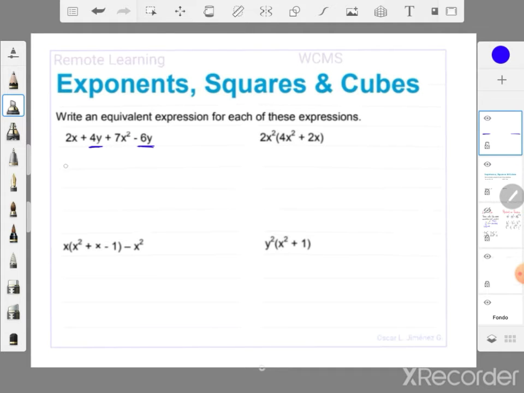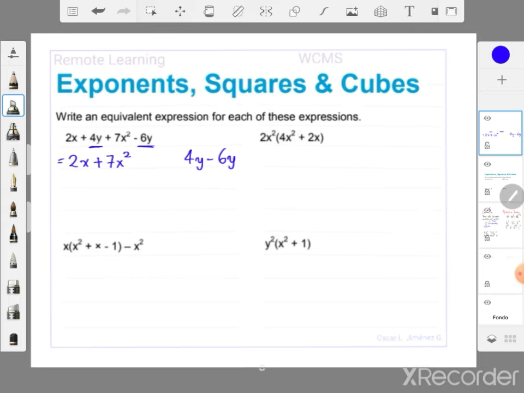So we keep the 2x, we keep the 7x squared, and we need to combine 4y and minus 6y. So we need to combine 4y minus 6y, okay. So what do